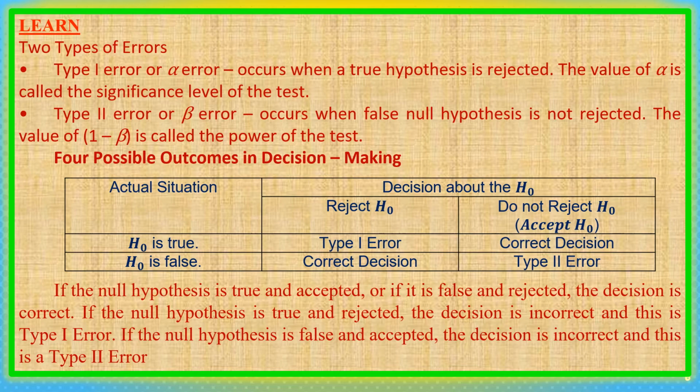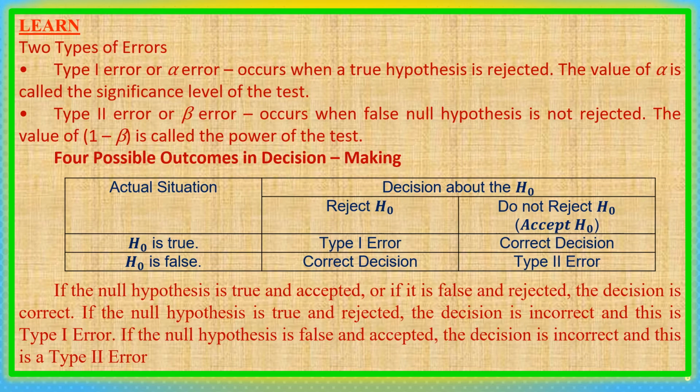So you have 4 possible outcomes in decision making. You have the actual situation, your null hypothesis is true and your null hypothesis is false. We have 2 decisions, that is to reject the null or do not reject the null, meaning you're going to accept the null. So for type 1 error, the null hypothesis is true and you reject it. For type 2 error, the null hypothesis is false and you do not reject it, meaning you accept the false